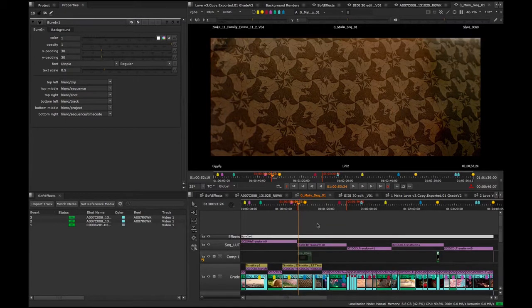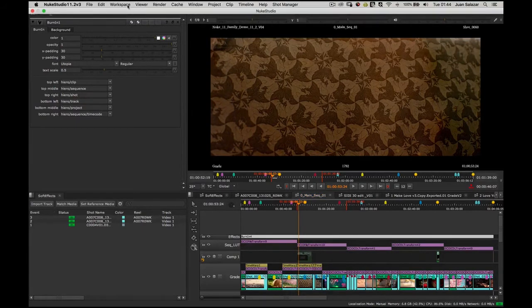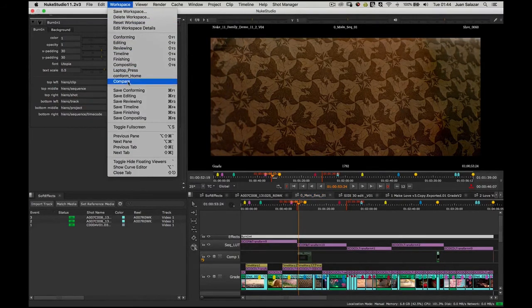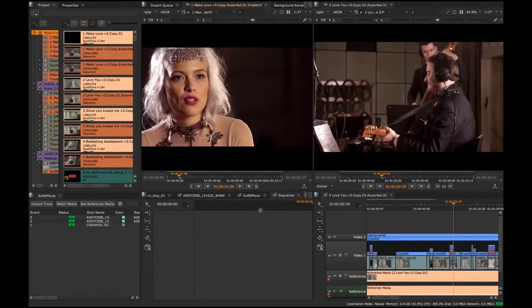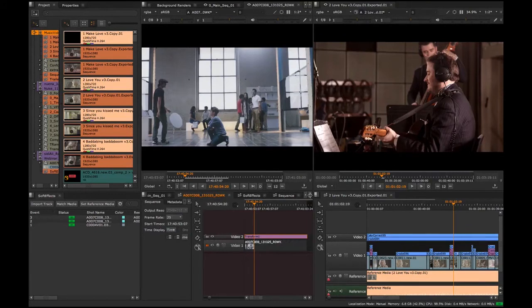Now, in 11.2, there is a small change that we added that is kind of a secret feature that we put out. And it's the ability to clone soft effects between different sequences. On the previous tips and tricks, I actually show you how I use my workspaces to do comparison between different sequences. In this case, I was working on this show where I was doing